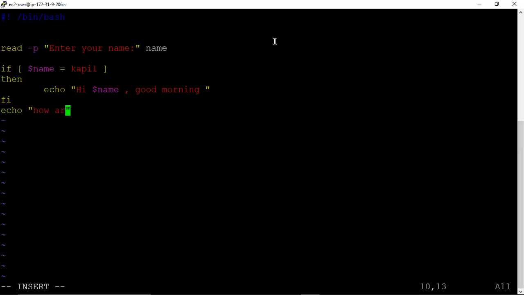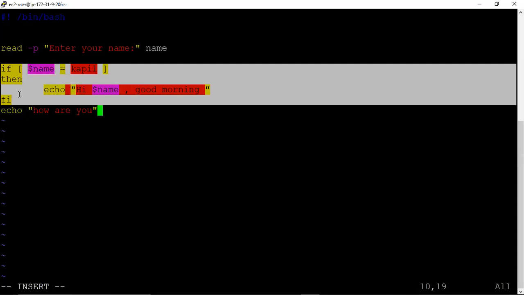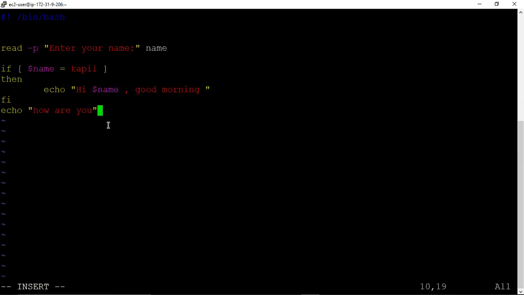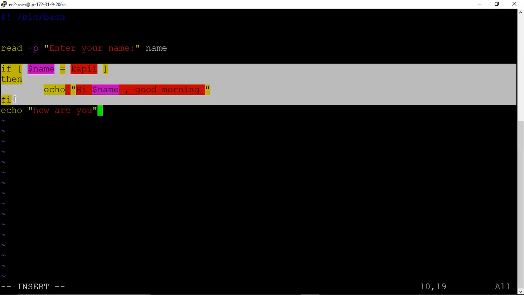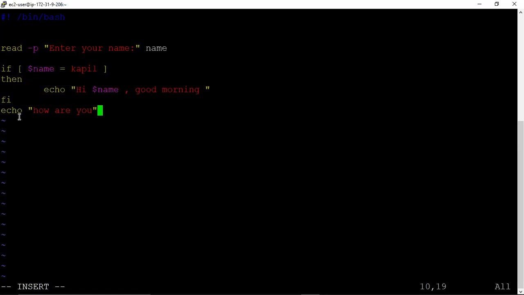I have already covered this in the previous lecture. So friends, there are two commands now. One is formed by the conditional statement, that is the simple if, and this is the second command. This is the first conditional statement, and fi means the conditional statement is over at this point, and this is our second command.